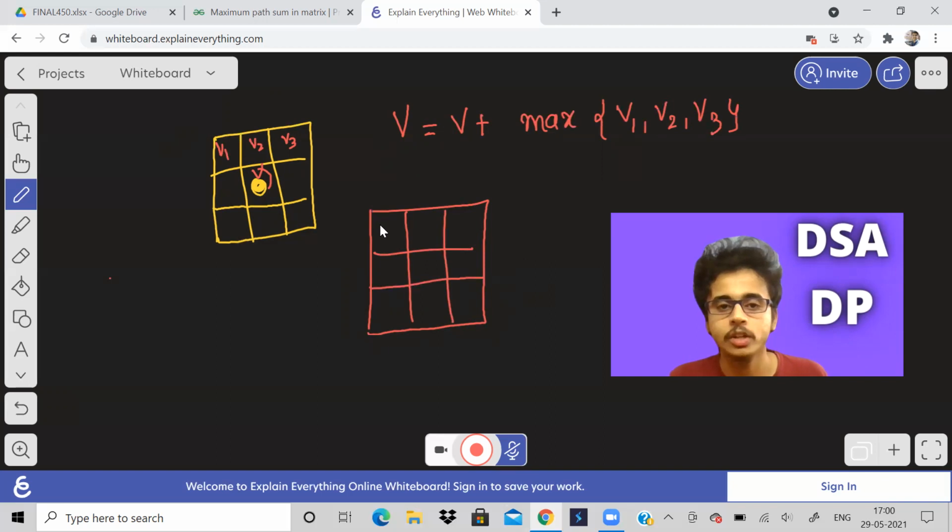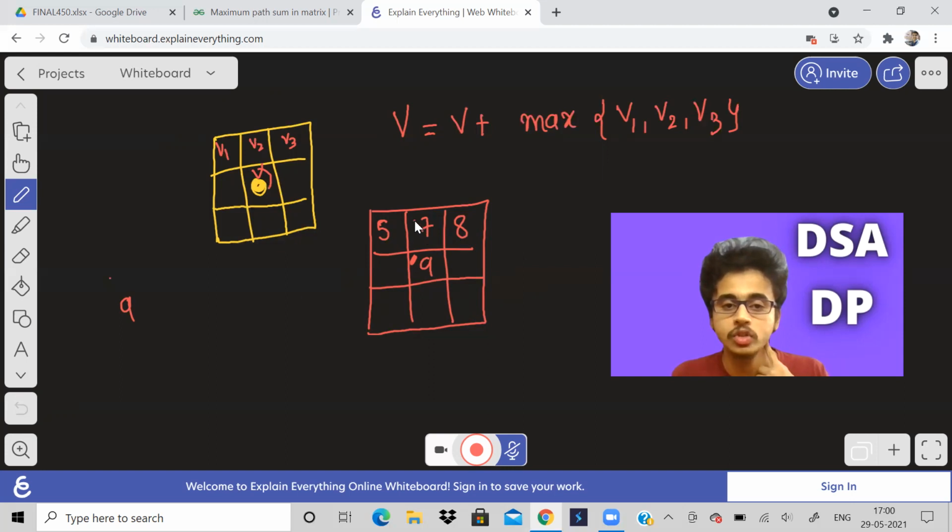Suppose there are values like 5, 7 and 8 over here, and this cell has a value equal to 9. Now tell me, if we are on this cell, what is the best way we could have ended up here?